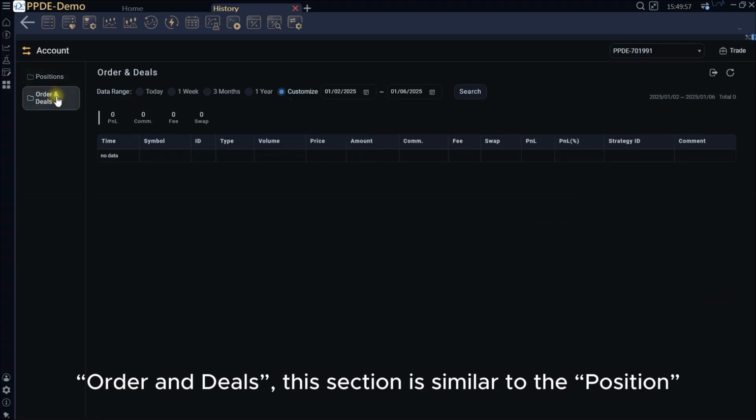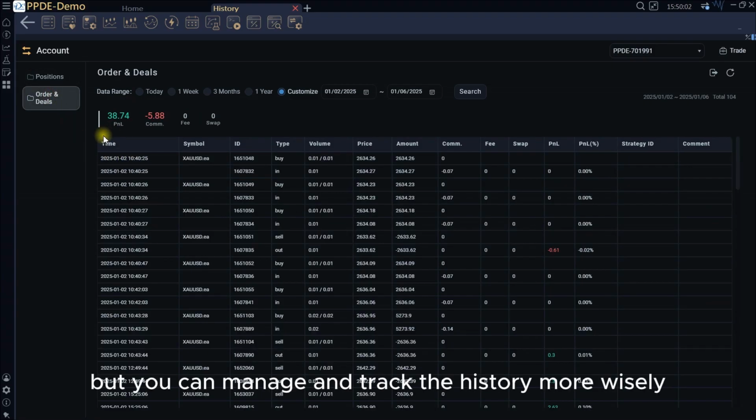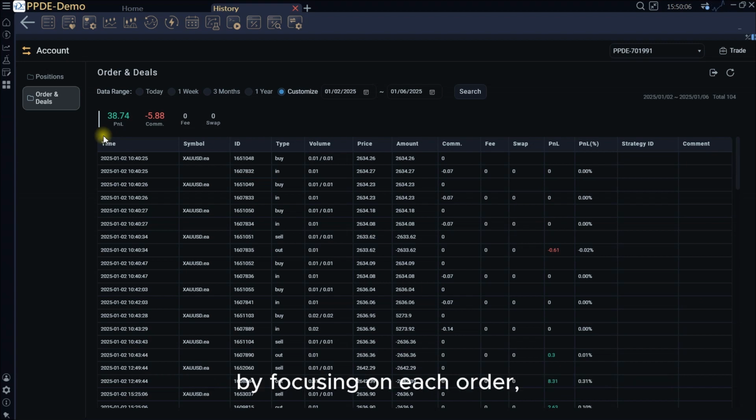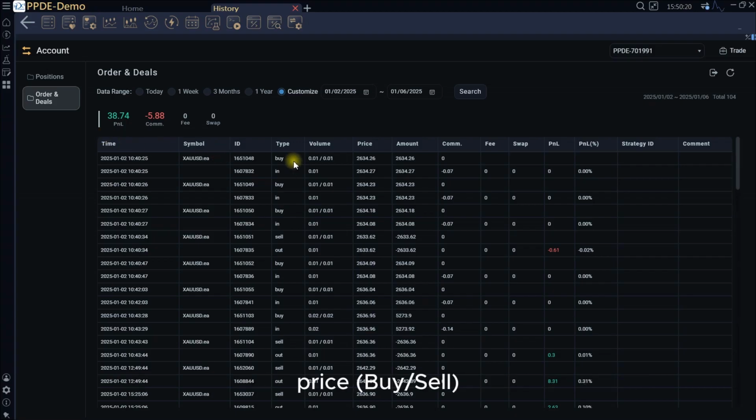Order and Deals. This section is similar to Position, especially the columns, but you can manage and track the history more wisely by focusing on each order. The record of all activities related to orders will be shown here, including the complete and pending orders. Moreover, for all your orders here, the system will show the details about the ordered price, buy, sell, and the